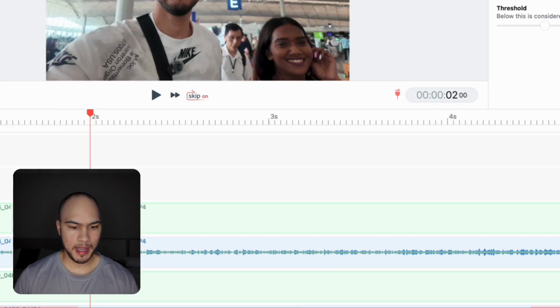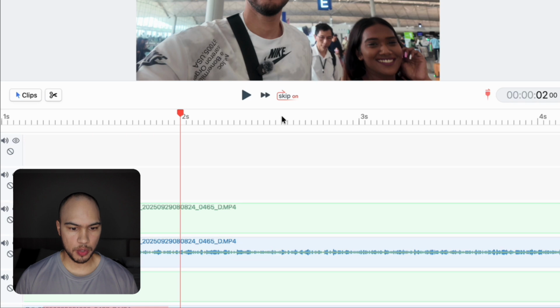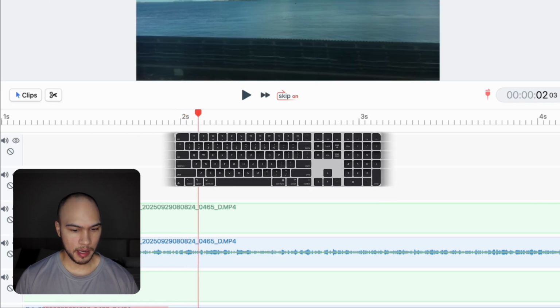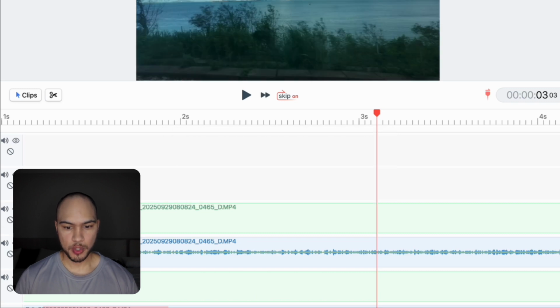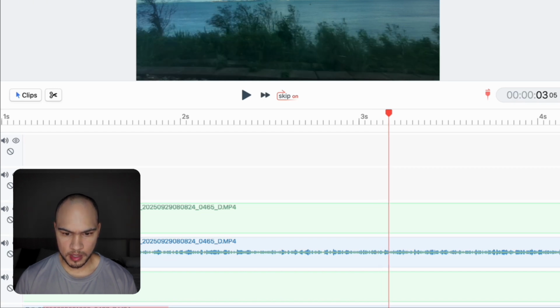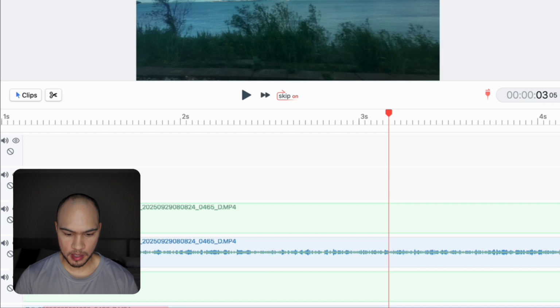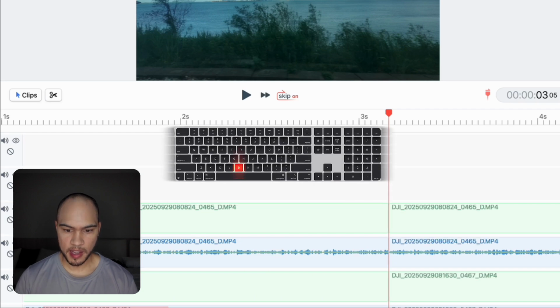If you would like to make edits on specific areas, you can move the arrow key to move by frames. And if you would like to move by 1 second, simply press Shift and your cursor will move by a second. So if I need to make a specific cut by 3.5 seconds, I can simply move my arrow to the right. And once I have found my desired place, I simply press B, and now I have made a